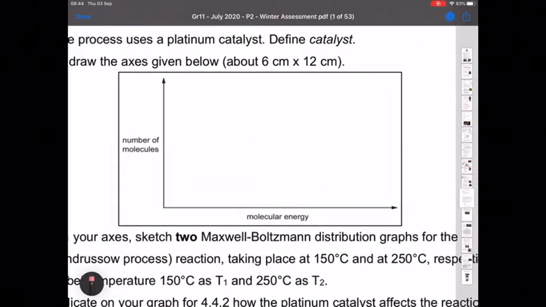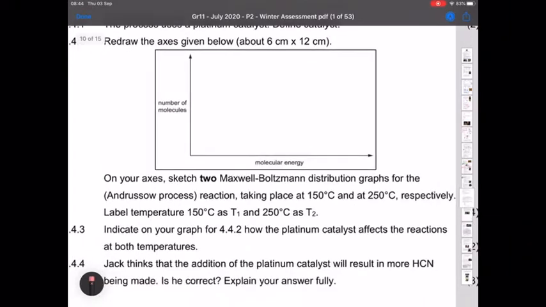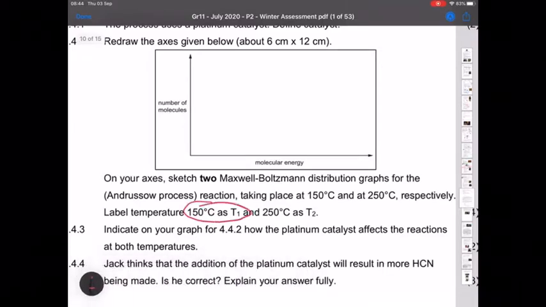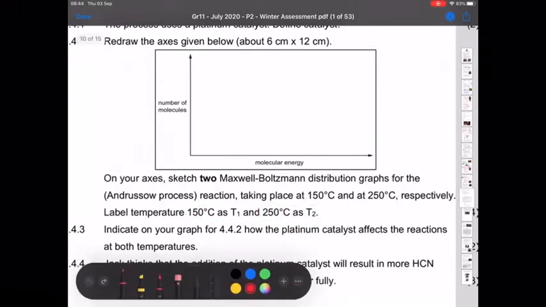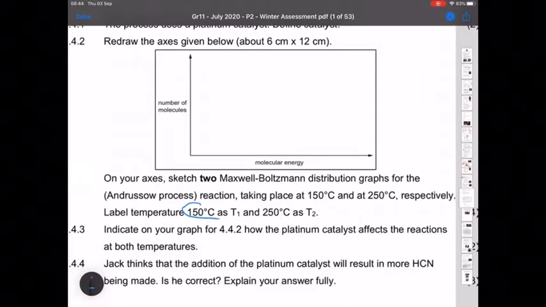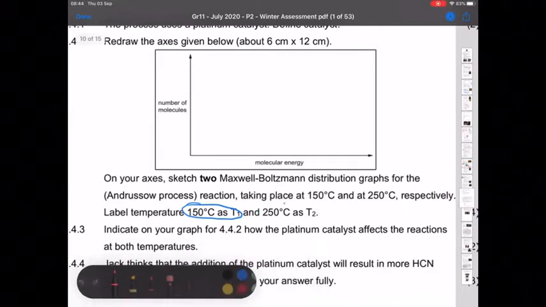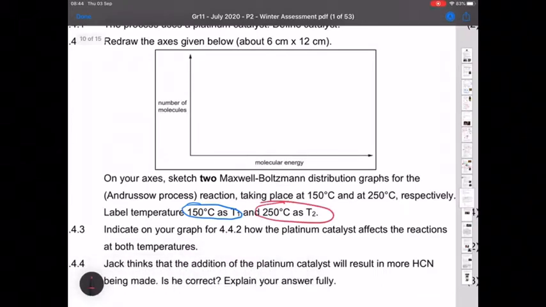Then you had to sketch 2 Maxwell-Boltzmann distribution graphs for the reaction taking place at the 2 temperatures. So the 2 temperatures that we were given were 150 and 250. So 150 was T1 and 250 was T2. I'm going to do the 150 in T1 as blue because that's a colder temperature, and the 250 in red because that's a warmer temperature, higher temperature. So we've got T1 and T2. So this basically asks you to redraw the same graph that's in your notes. You didn't even have to give axis titles because those were given. So for T1,